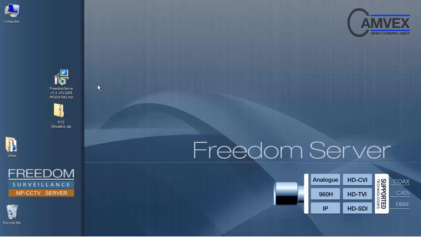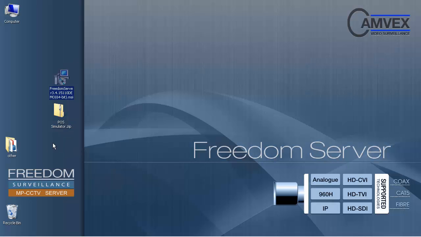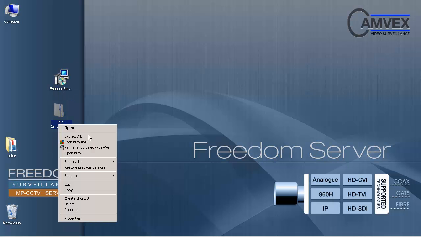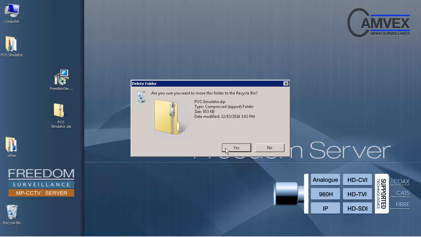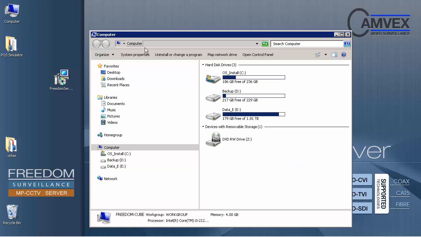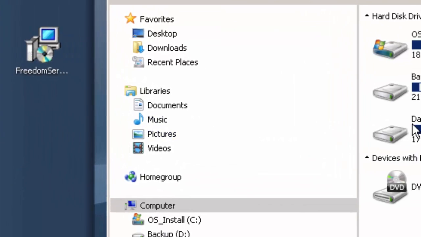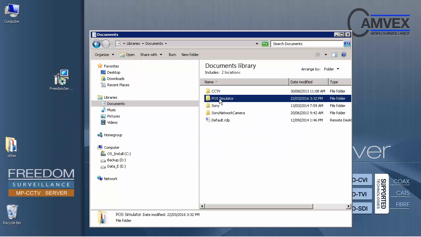Okay, let's get started. Now I've downloaded the Freedom Server trial software here and also the POS simulator. Now I'll extract the POS simulator software, get that zip file, and what I'm going to do is just move it to the documents folder. So I'll just open this, cut that, go to documents and paste that, double click to